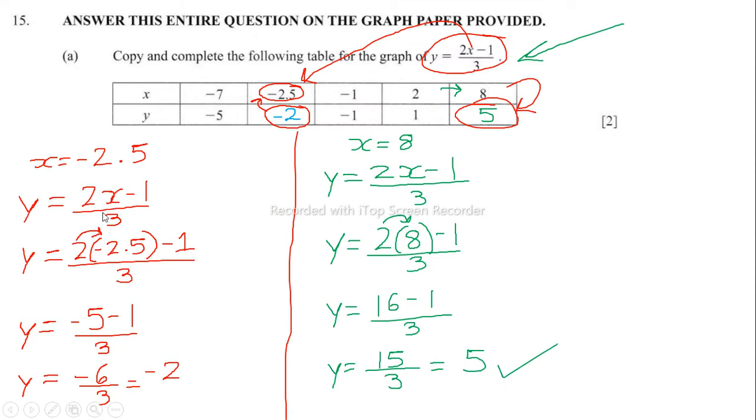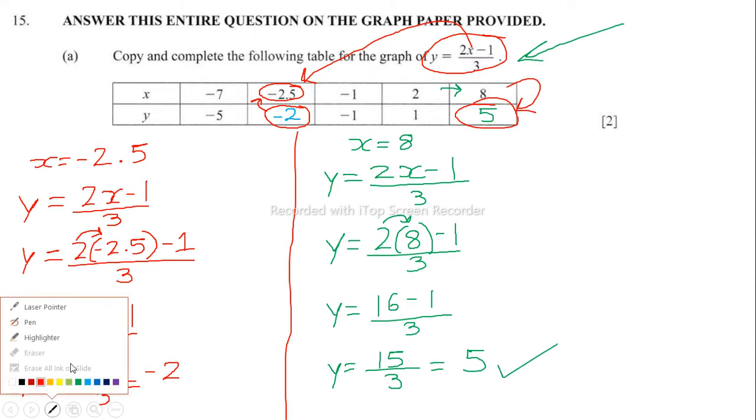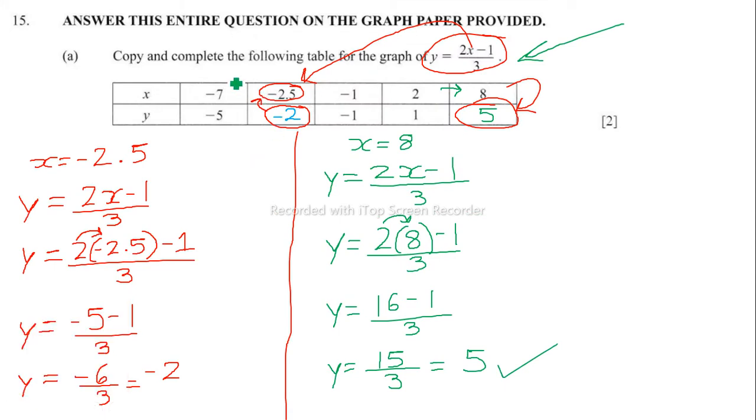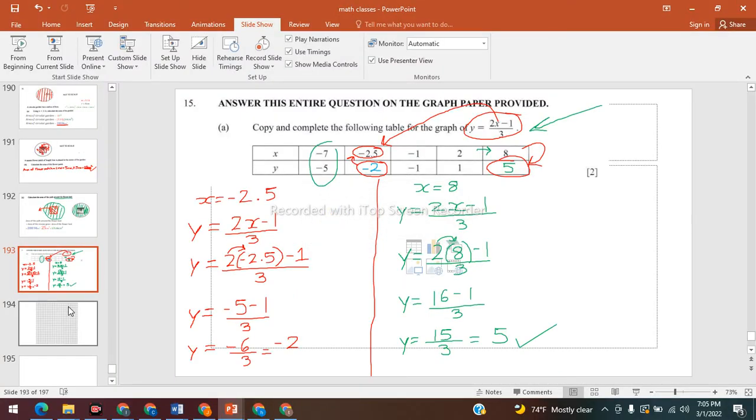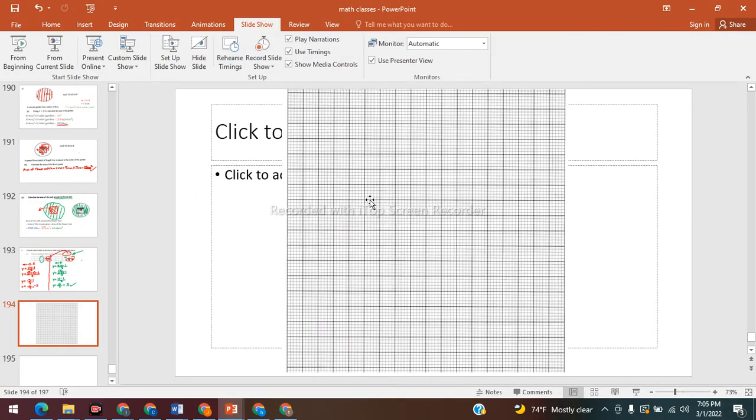So the first point that we're going to get from this one is -6. Sorry, no, I started this wrong. What we have to do is draw the x-axis and the y-axis and label this graph first before we start plotting anything. So we have to look at what they tell us.